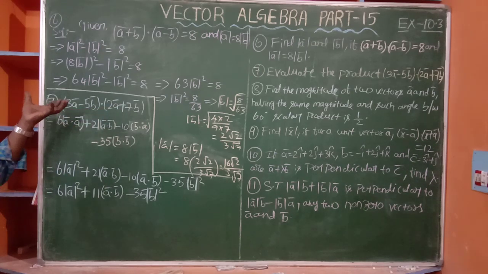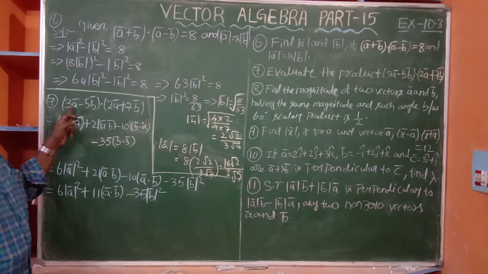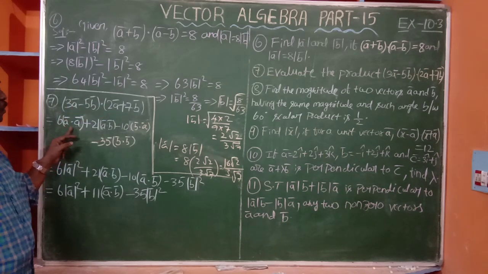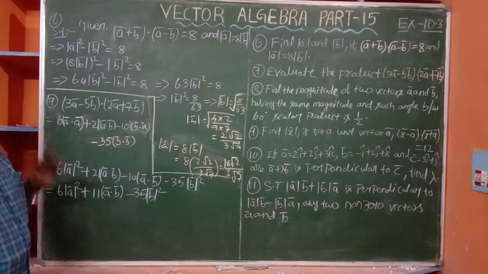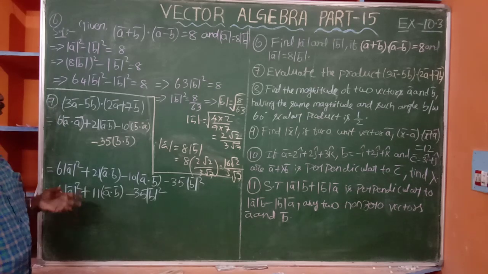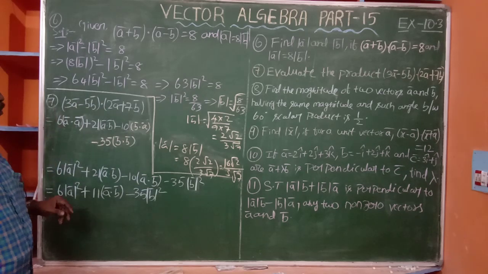The dot product follows the distributive law, just like 3a bar dot 2a bar. 3 times 2 is 6, a dot a. 3 and 2 are scalars, so 3 times 2 is 6, outside the dot product. Dot product is between vector and vector only: a bar dot a bar. Don't write 3 dot 2, 3 dot 2 is meaningless. Dot product is in between vectors only. 3, 2, 5, 7 are the numbers. 3 2s are 6.